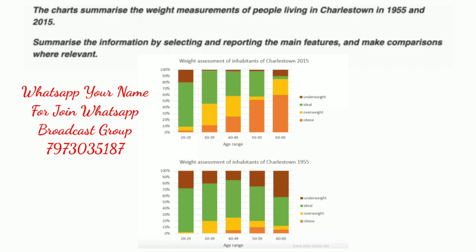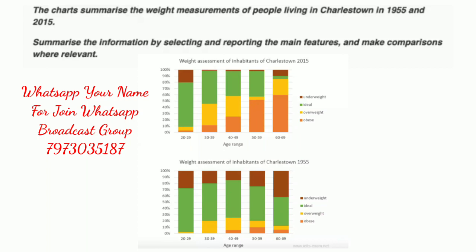Like the first sentence that some people will write in this answer: in 2015 a higher percentage of people had overweight or obesity than in any other group. The helping verb used here is "had". You cannot use "had" here because overweight is not a noun. It is not a subjective noun. You cannot possess obesity, you cannot possess overweightedness. It is not a subjective noun, rather it is an abstract noun.